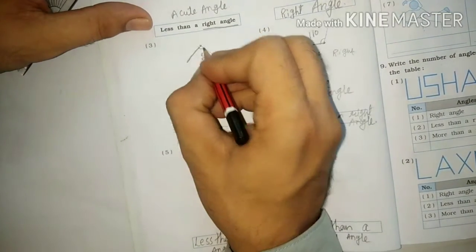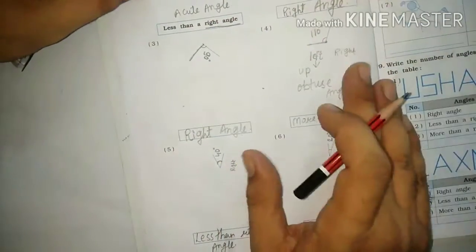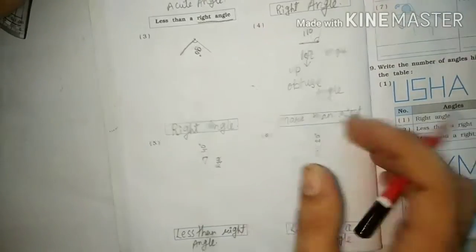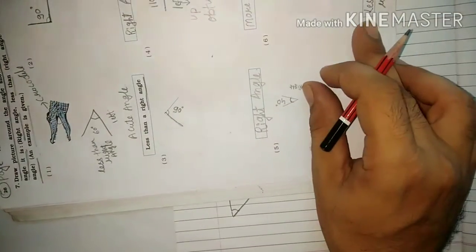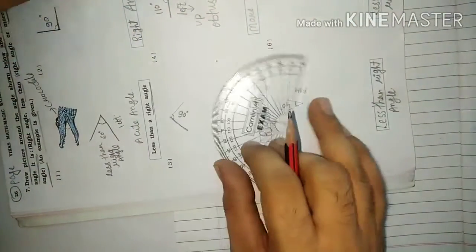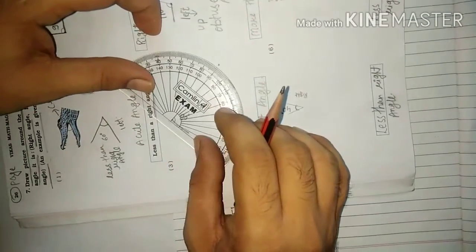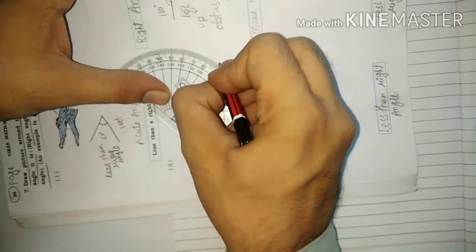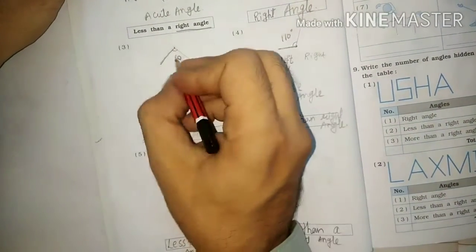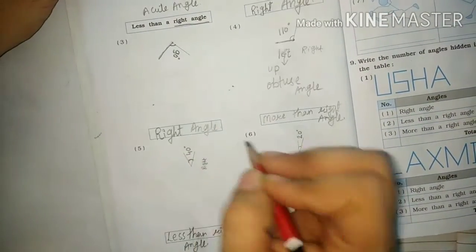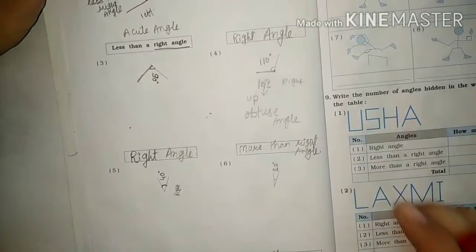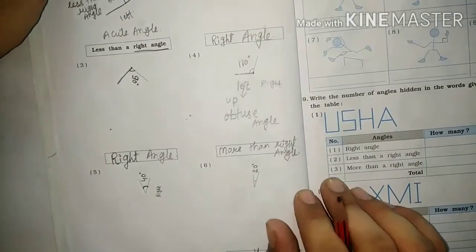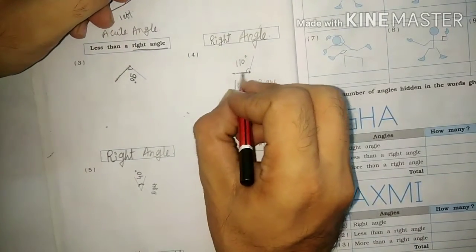Again students, these are two lines given. Now this angle is upside down, so no need to worry about this, students. Tilt your book like this. And next what you need to do, students, keep your protractor here, match with this, and see where this line is going. This line is going upside, this is 90 degree. At 90 degree angle, and 90 degree means right angle, so 90 degree is the right angle, this one.